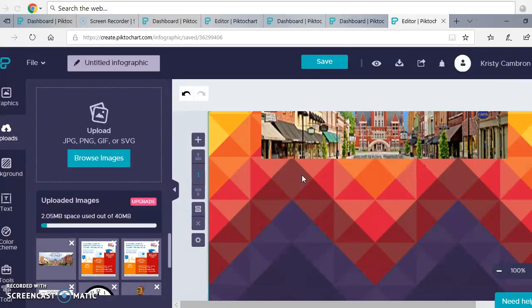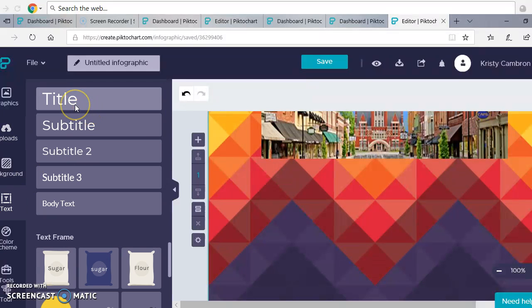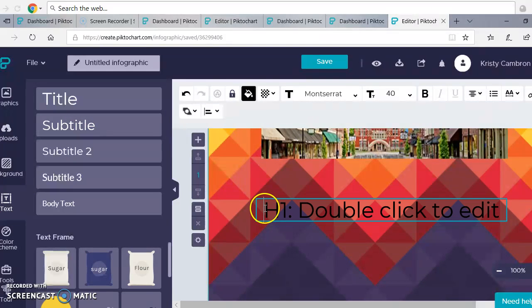The next thing I want to do is I want to give a question to my audience. My stance on juvenile crime rate is that it can be decreased by implementing after-school programs. So I need to insert another title, so I'm going to go to text. I'm going to go to title. Once again, you delete the previous information and you're going to insert your own. And I want to pose a question. Or I'm going to pose, the answer is implementing